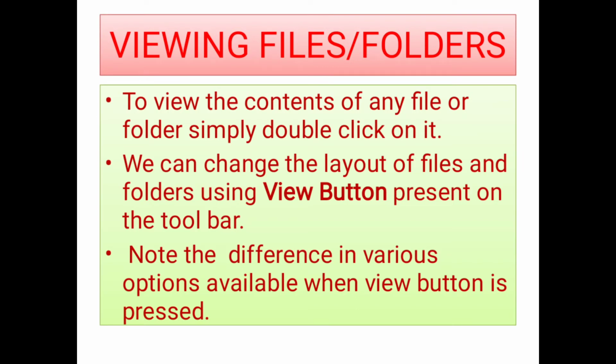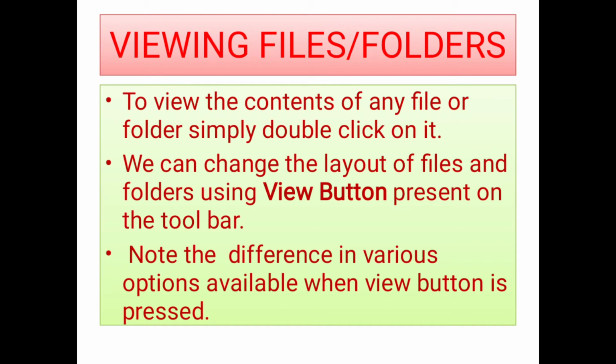Okay? Next, viewing the files and folders. So now, how to view the files and folders in Windows Explorer? Now let us see. Okay? So basically, to view the content that is present in any file or folder, we simply need to double click on it. Okay? So what happens? Then the particular file or folder will be opened. Okay?